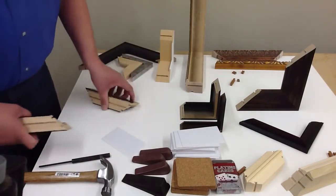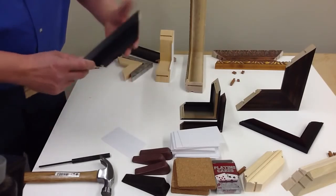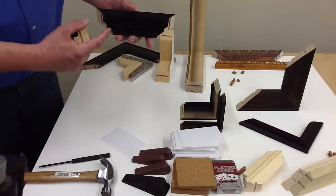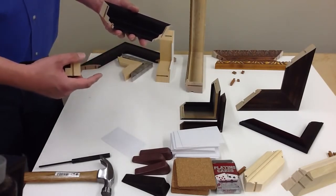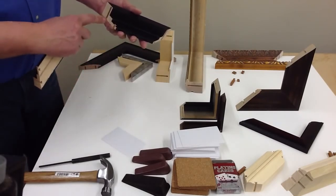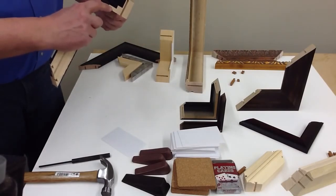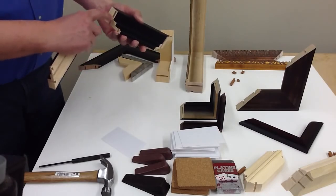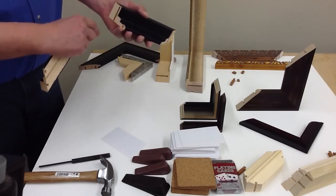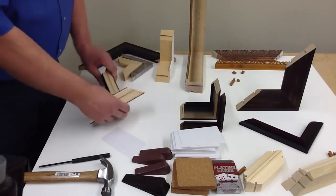Or on the other side, I simply routed, see this? I routed all the way through because that gets covered by the artwork later. Makes assembly a little bit quicker. You also do not have to adjust your routing height like you do here for a 1/4 inch key and about 1.5 inch key. You'd simply set your height for 1.5 inches, cut up, reposition the molding, cut all the way through. And to assemble this,